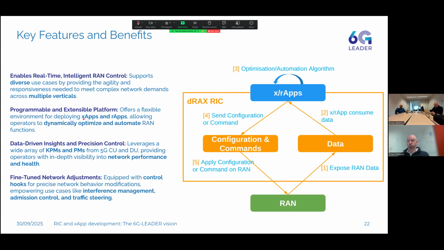To do that, we need to create a platform that's, first of all, programmable and extendable, by means of deploying xApps and rApps on top of the platform, that can then use different kinds of optimization or automation algorithms.